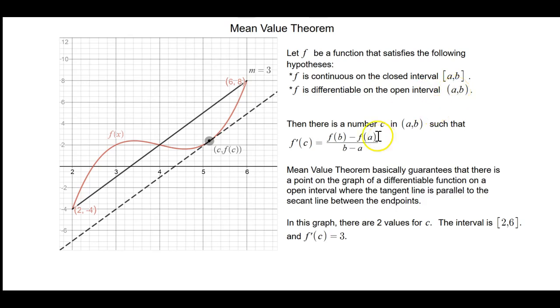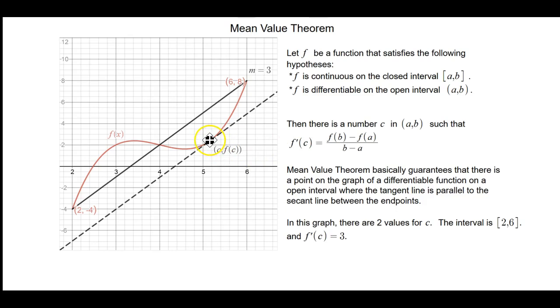So the mean value theorem tells us that there's a number c in this interval such that the derivative evaluated at that number is equal to the average rate of change of the function between the endpoints. And remember, this is the slope of the secant. So the mean value theorem guarantees there's a point on the graph where the tangent is parallel to the secant, right? Because remember, the derivative is the slope of the tangent line, and when two lines have the same slope,